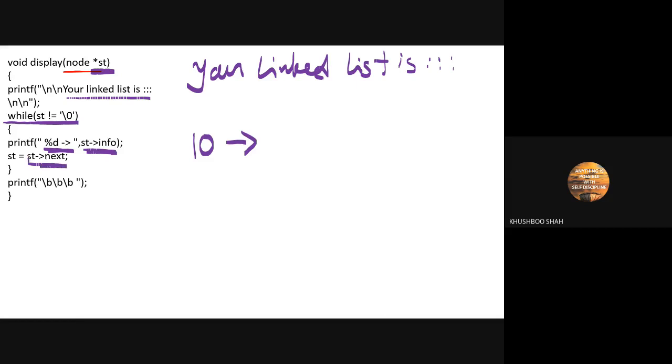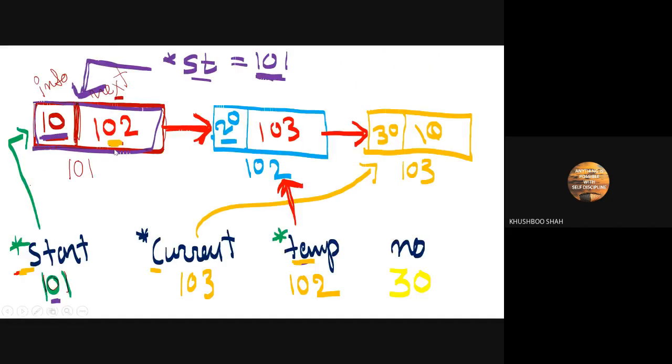Then what we are doing? The value of st next we are assigning to the st. What is st next right now? 102.